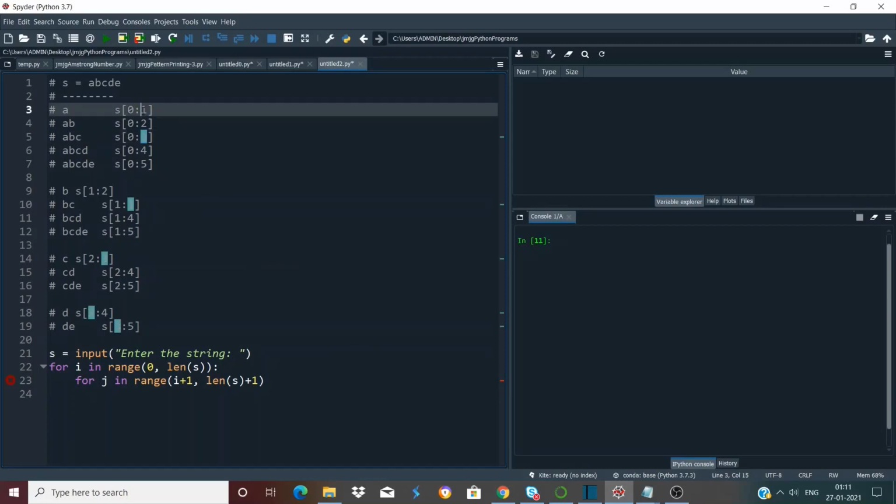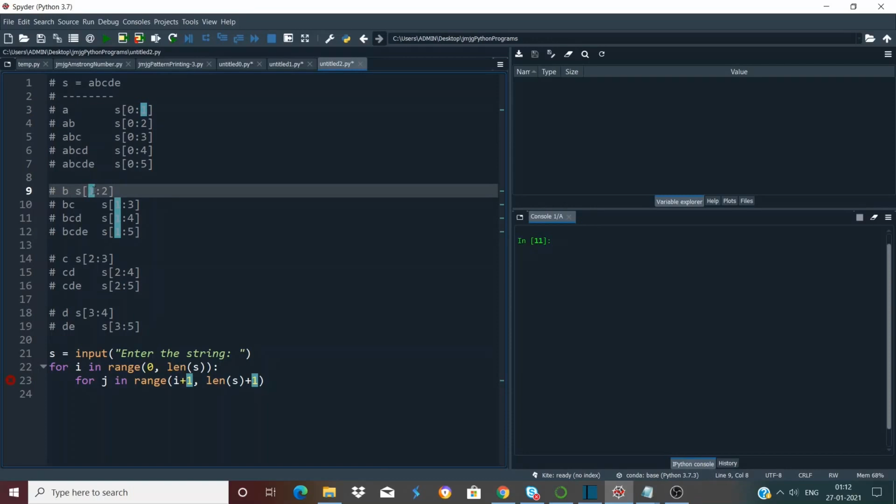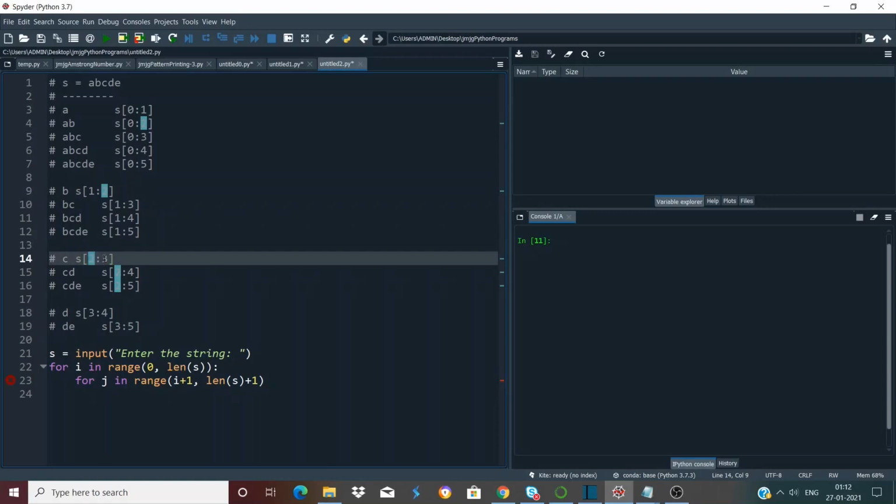Now in each step, we see the end index starts from an index which is 1 greater than the fixed index. So if the fixed index is 0, the end index starts at 1. If the fixed index is 1, the end index starts from 2. If the fixed index is 2, the end index starts from 3.